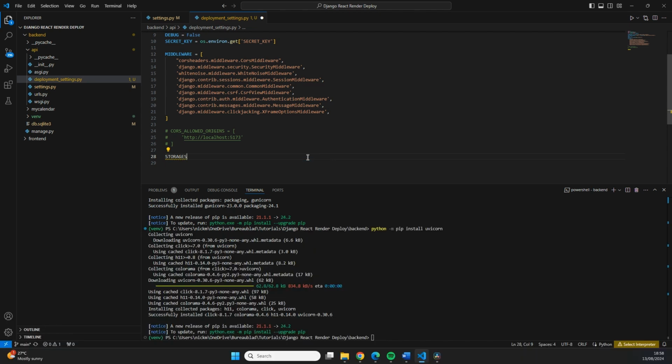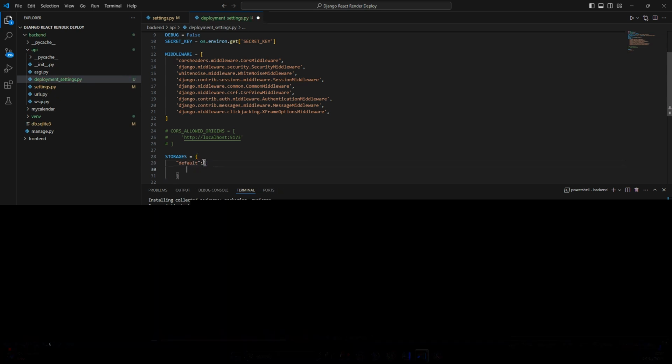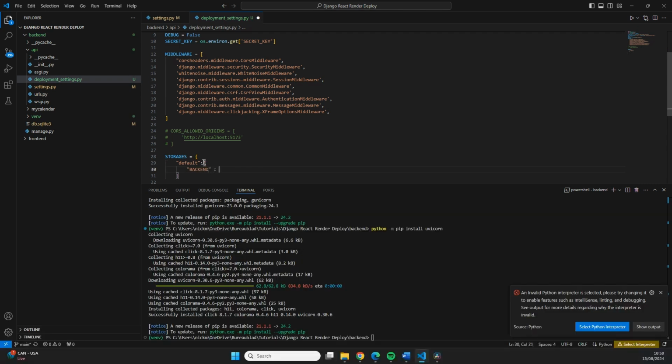And storages will define how we will store the static files and also where. So we do storages and then an equals sign, and then we open some square brackets. And in here, we are going to define two things. The first thing we define is a default, and that default is just going to be with a colon and then some curly brackets. And in here, we need to specify in capitals and within quotation marks BACKEND and then a colon. And then we state